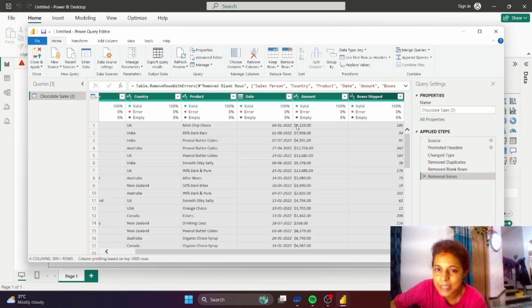If we remove this dollar sign, then it will come on the right side, because numerical values always remain on the right side. Here, boxes shipped 180, 94, 91 are numerical, so they are on the right side, and whenever you see text, it will be on the left side.